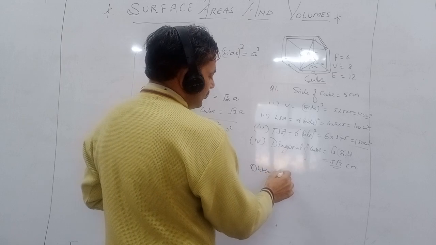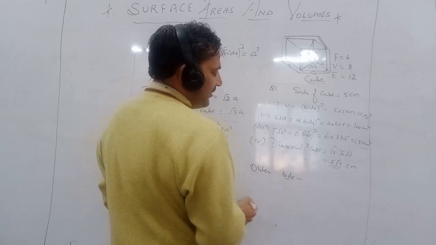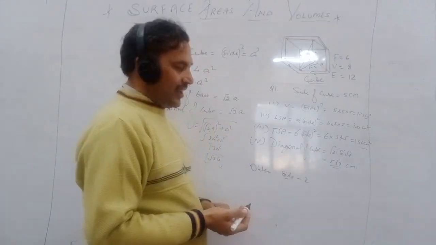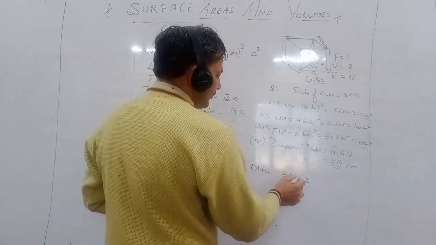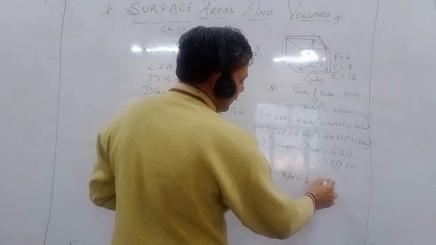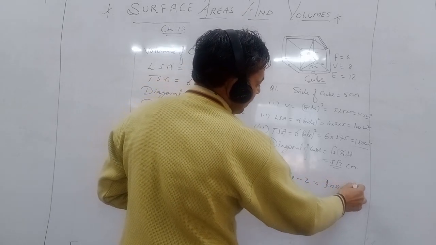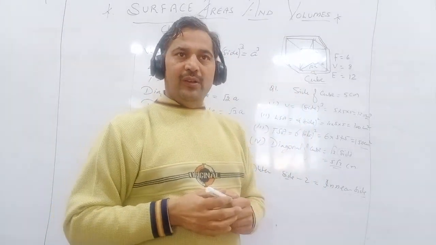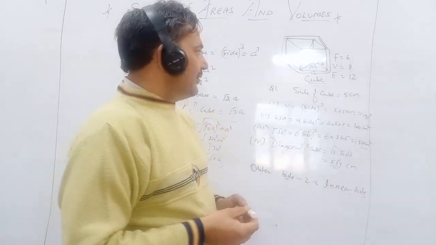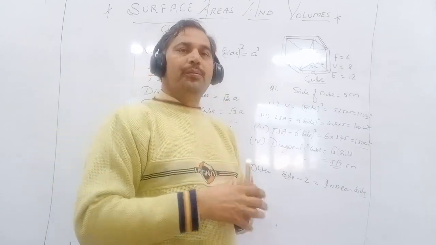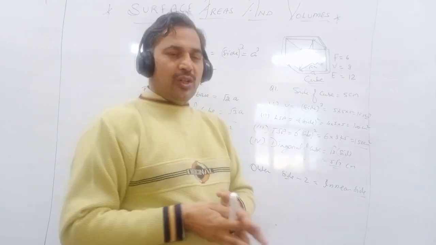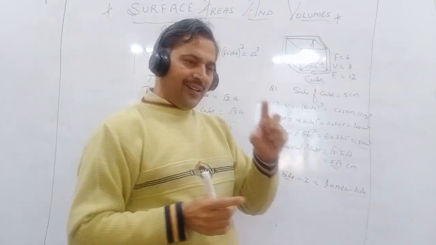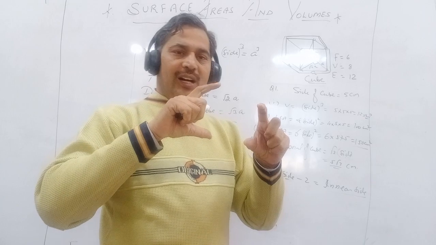From the given outer side, you have to subtract twice the thickness of the metal. That gives the inner side. You get the inner dimension. A cube has all dimensions equal. If anyone asks what is the volume of metal, use the closed cube. Very simple: you have the inner side and outer side.